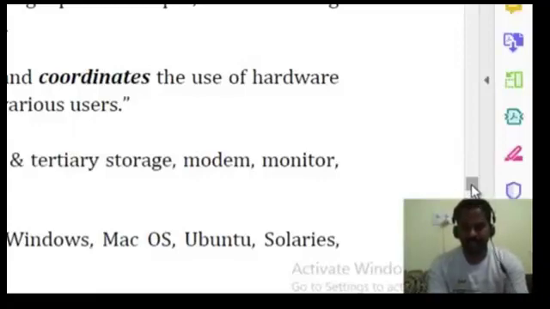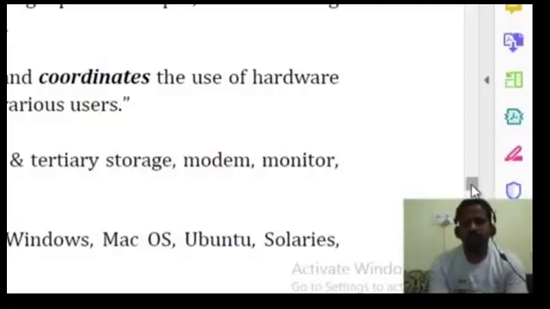For example, the Linux company provides the Linux operating system. Next, the Microsoft company provides the Windows operating system, Mac OS is produced by Apple computers, and then there are Ubuntu and Solaris,